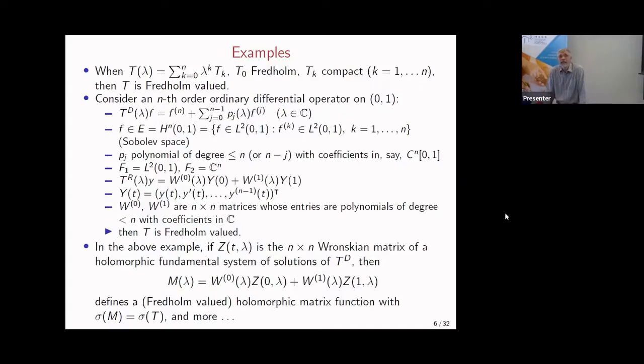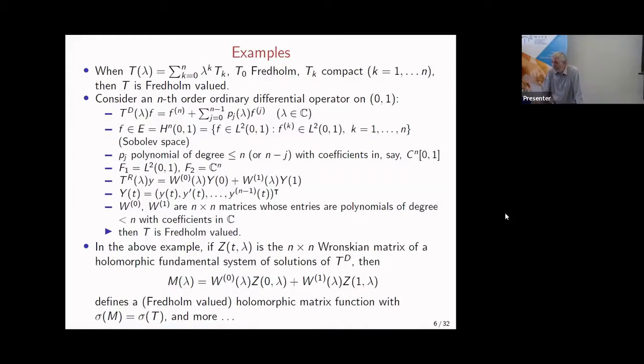The capital Y is a vector consisting of the function y and its derivatives up to the n minus first derivative. Every boundary condition can be written in that way. And then our T is a Fredholm valued operator. So, and again, that's only a polynomial, but